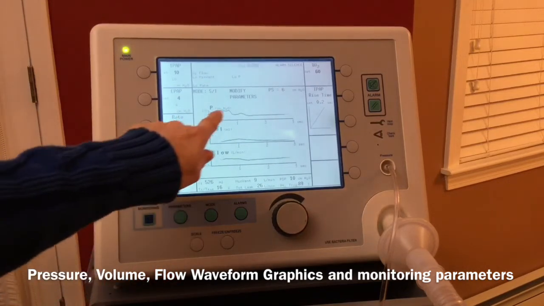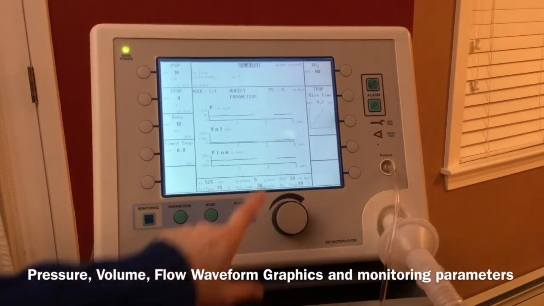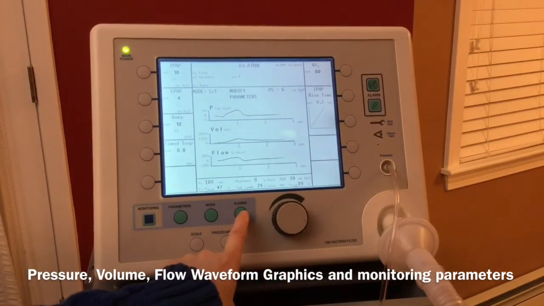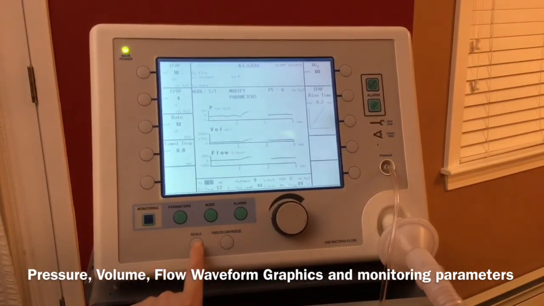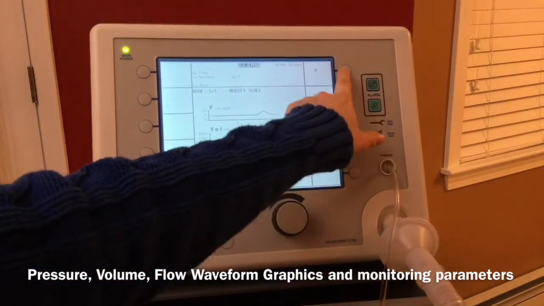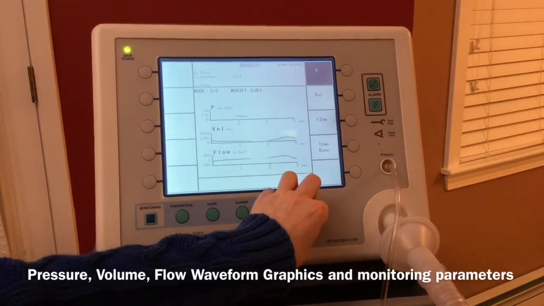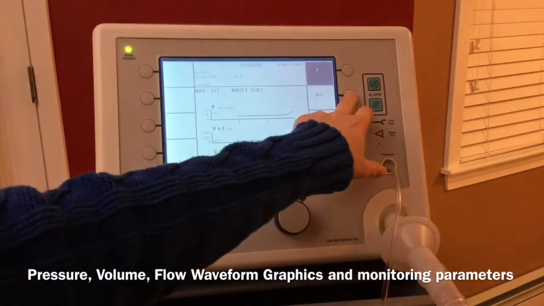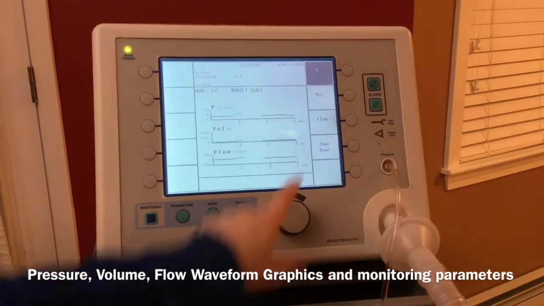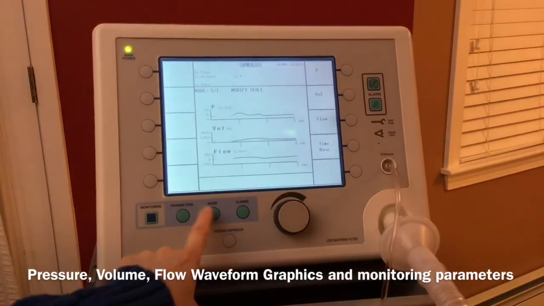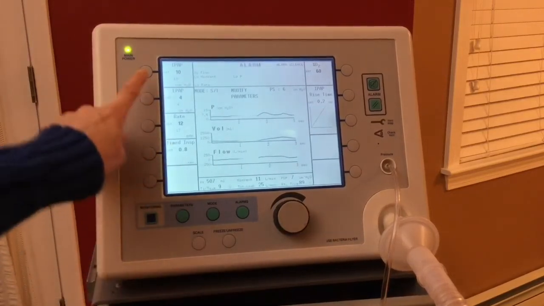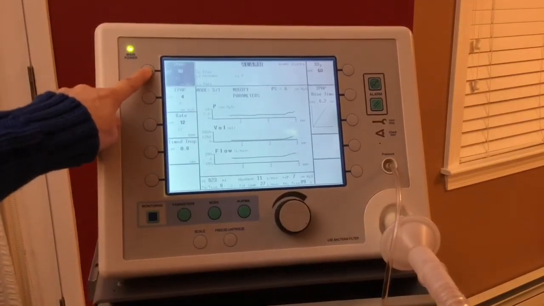And we see the IPAP go up to 10. I'm going to change the scalar on that pressure curve here. So we're going to go into scale, and we're going to change the pressure scalar because we're going to end up increasing our pressure. Hopefully we don't have to change the volume, and the flow should be fine with what we've got. So we're going to keep those parameters and go back. Now, if I increase the IPAP amount,